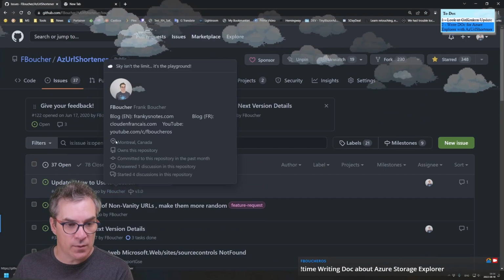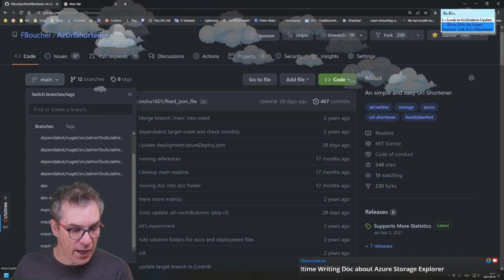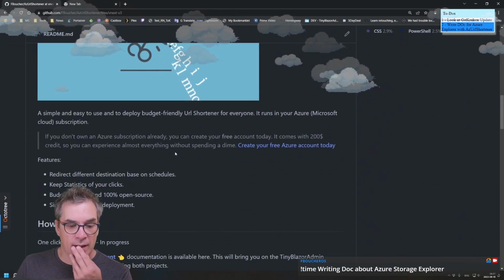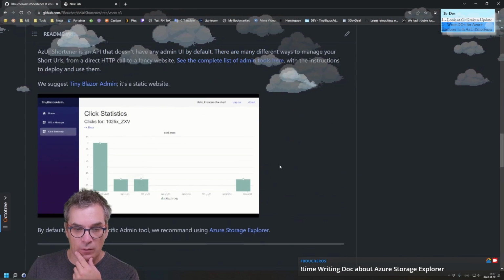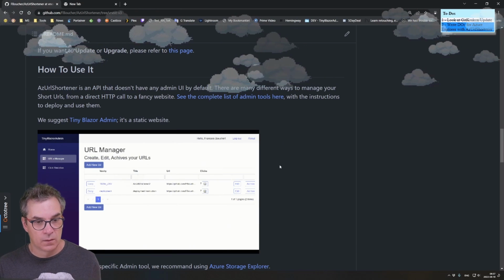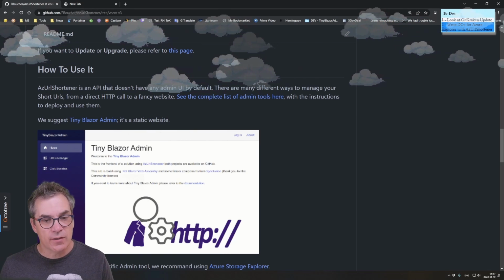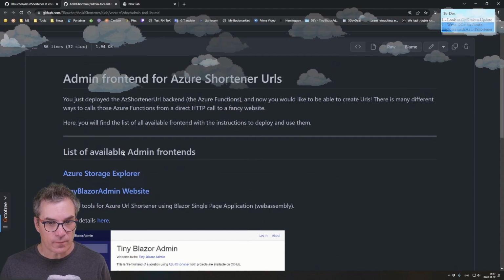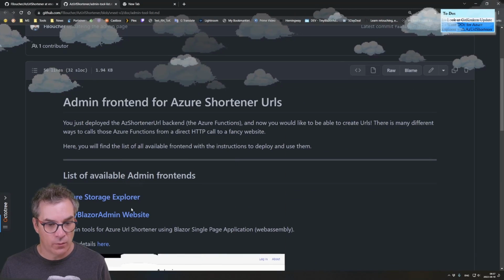Boom. Okay, so in this project, we should have a branch called Davinci v3. So that's our version right now. And how to use it is where we are working. Okay, so AzUrlShortener is an API, blah, blah, blah. There's a bunch of tools. So this is the thing. Cool. So we need to work on